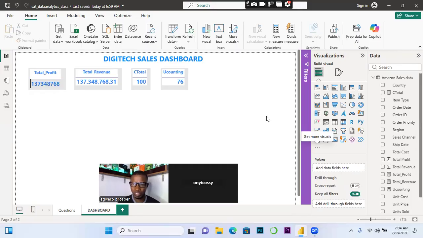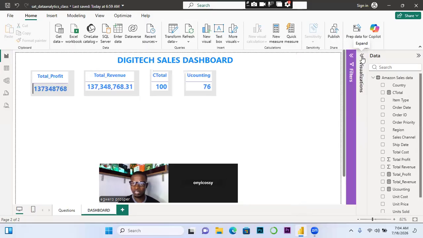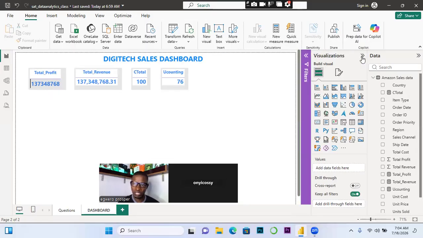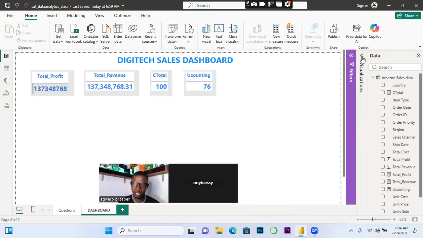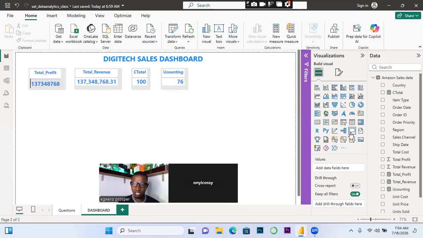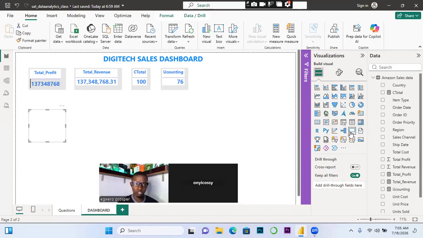I think it's restoring, because presently the visual is not showing. That is why I have to restore, so that I can see it. Once you do that, just close it and open it again. See what I did now? Just like this. After you have restored, now you see it here. This is it, Q&A. So you click on it. Make sure that at the time you are clicking on it, you are not selecting any of your existing